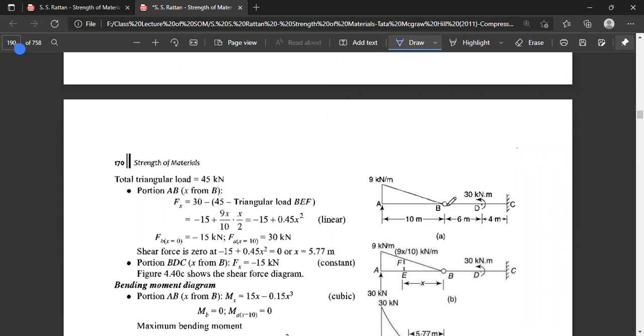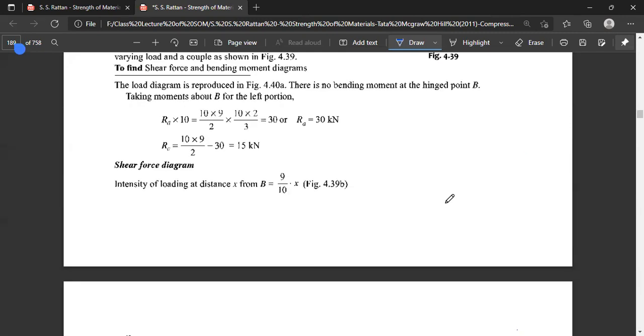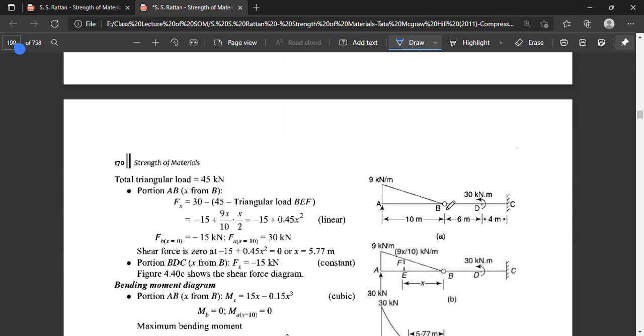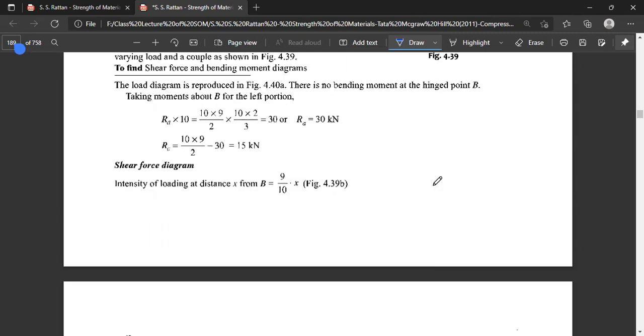Although it is supported at the end B, there is no vertical force or moment. Actually, this hinge joint acts as a support, but it is not creating any reaction. So what happens? If you take the bending moment from the point A to the left, that is the AB portion of the beam,